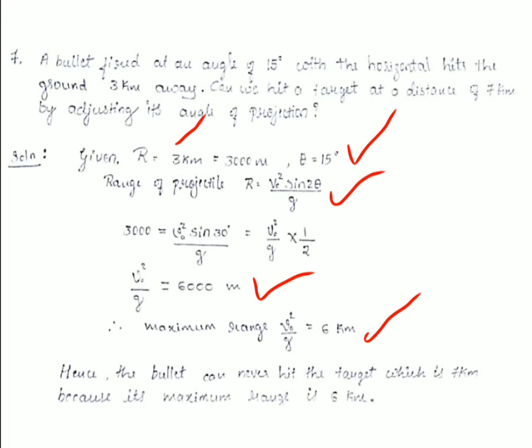If the maximum range itself is 6 kilometer and the given target is 7 kilometer, it is impossible to reach the target of 7 kilometer. Suppose the answer which we have obtained was 8, maximum range value was 8, then we could have reached the target of 7 kilometer. Since the maximum range value is 6 kilometer, the bullet can never hit the target which is 7 kilometer. Okay. Next,